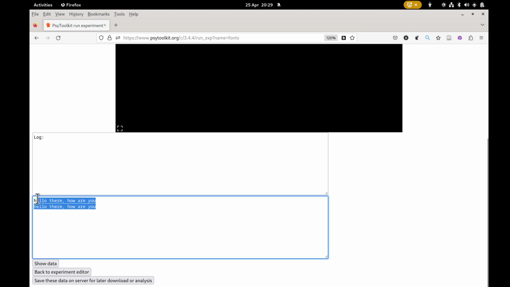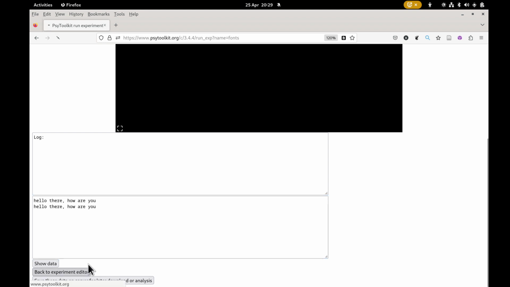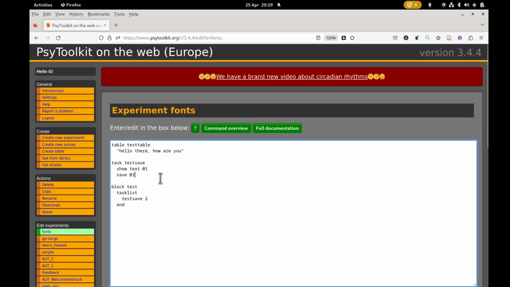So in the output file, it would not be between quotes. So how can we put it between quotes in the output file? Now, what you would do is you would